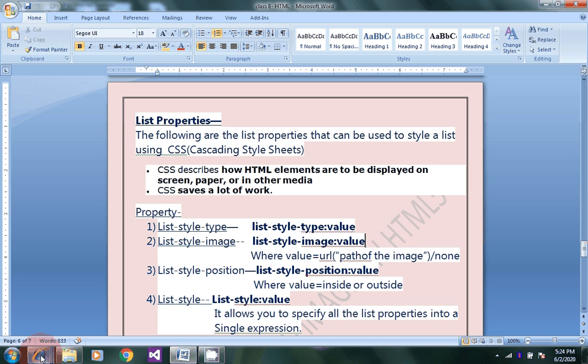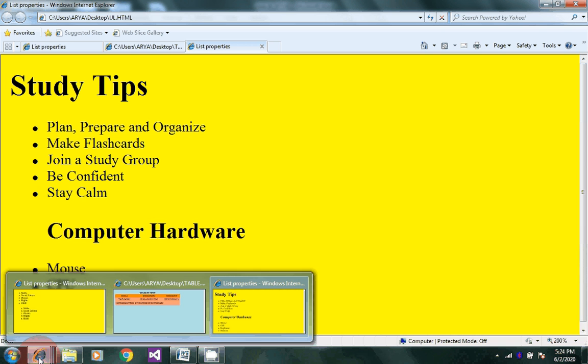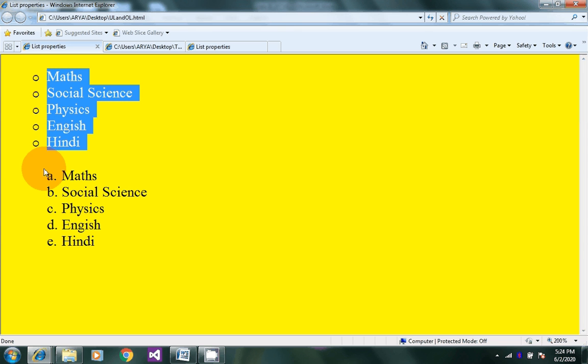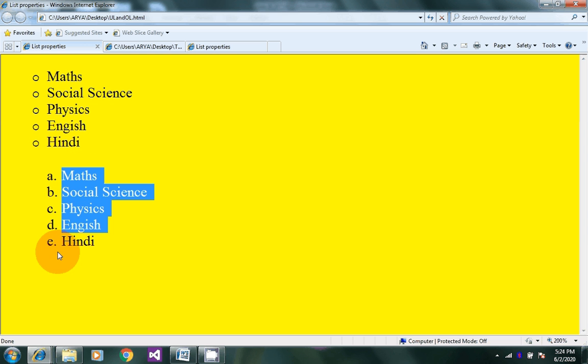Here you see in the first list the bullets are at this position, but in the second list all the A, B, C, D, E are here, with some gap between both lists.